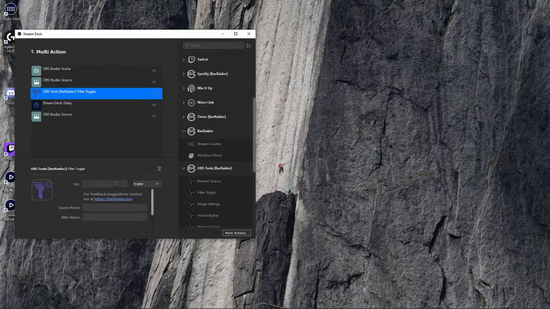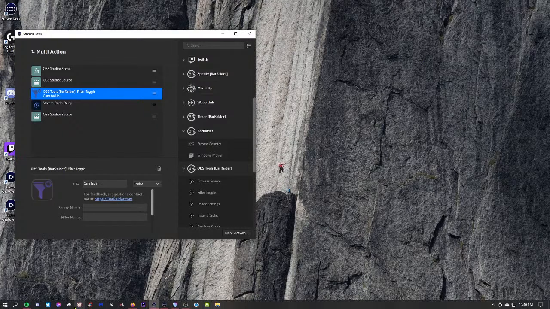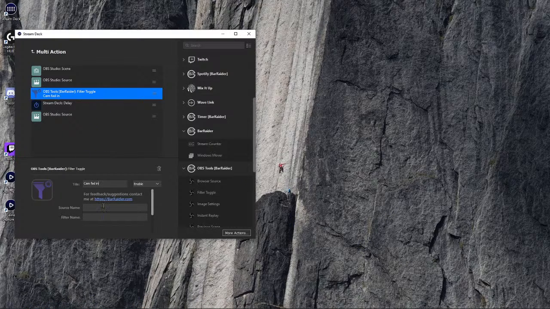Toggle, just there, drag that in and give it a name. So I'll call it media on. You can see the text is a little bit too large, but you can change that all in there. Personal preference. The source name is media source. So we need to make sure this is all typed in exactly the same. And also the filter name, which is media on. Everything has to be typed exactly the same. The format, the